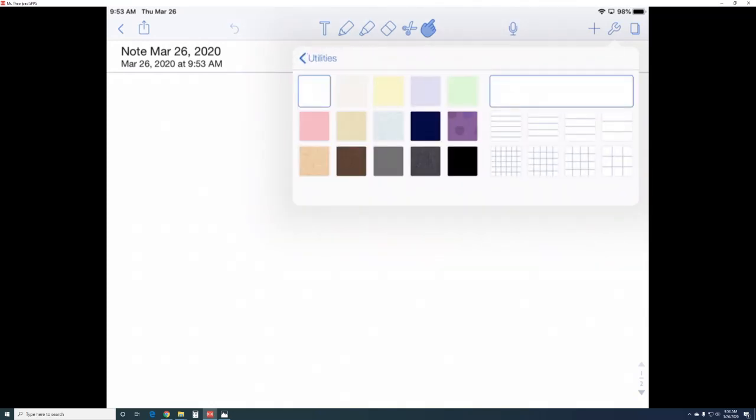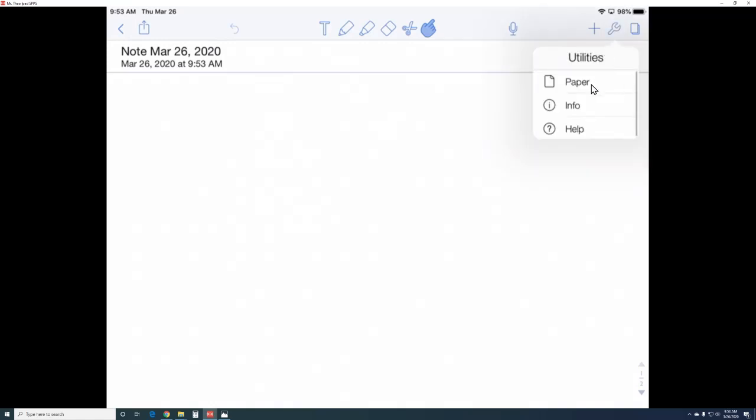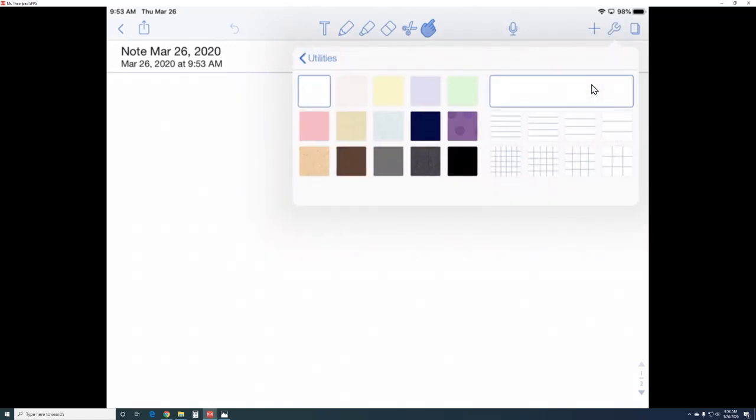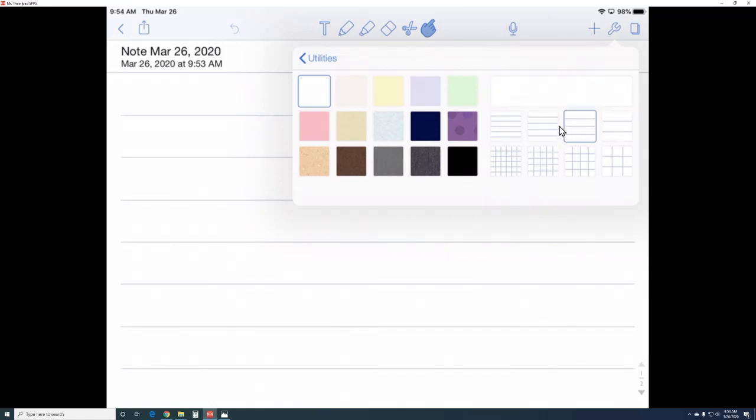and then you're going to choose, let me try that again. You're going to click on the wrench, you're going to tap on paper, and then you can choose any of these right here. So I might choose this one just because it's more widespread and it's easier for me to write. So this is where you're going to write your introduction essay.